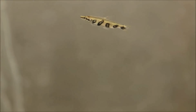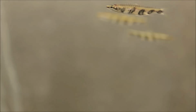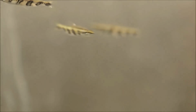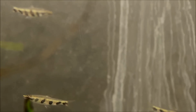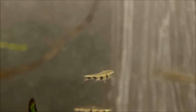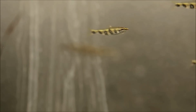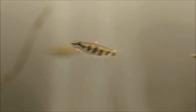I've also read that they can be pretty picky about spawning partners, so it's a good idea to get a decent group, not only because they're a shoaling fish, but in order to encourage that spawning behavior. The fry hatch in about 24 hours, at which time you would need to offer them super teeny foods, things like microworms, infusoria. Now, these guys would do awesome in a community South American tank with other small tetras, Corydoras,